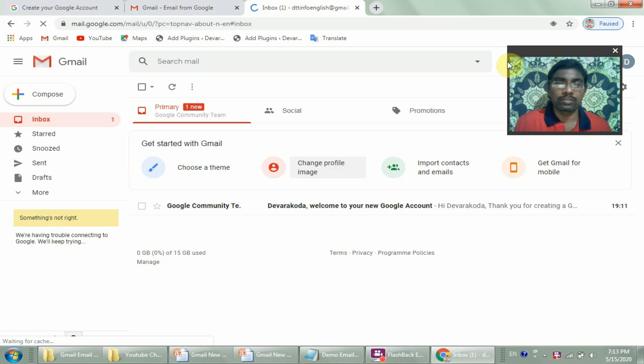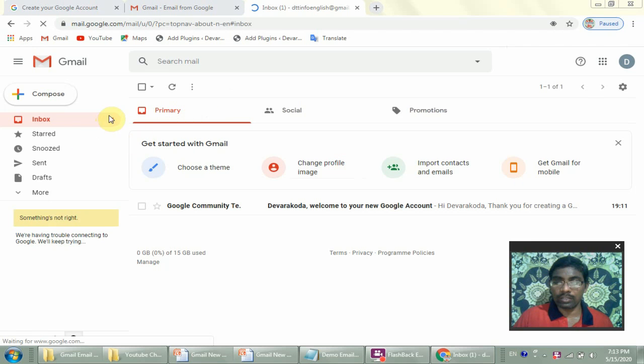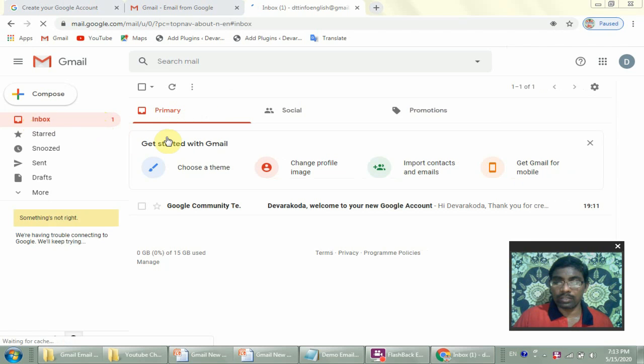Okay guys, after this you can see this is our Gmail account homepage. You can see the options. Compose means you can create a new mail to anyone. If anybody sends any email or information to your address, you can see it in your inbox, just like how, on a smartphone, when anybody sends a message to your mobile you see it in your inbox. Some features will differ here.